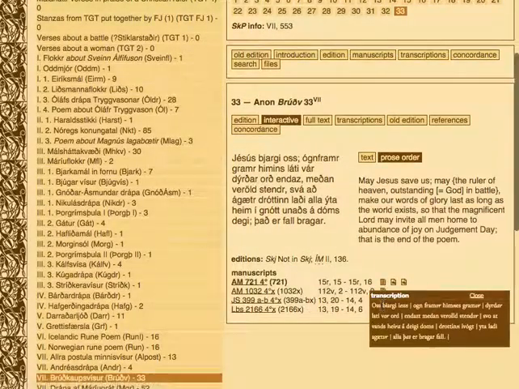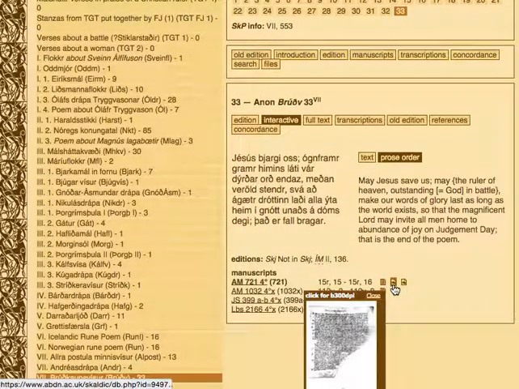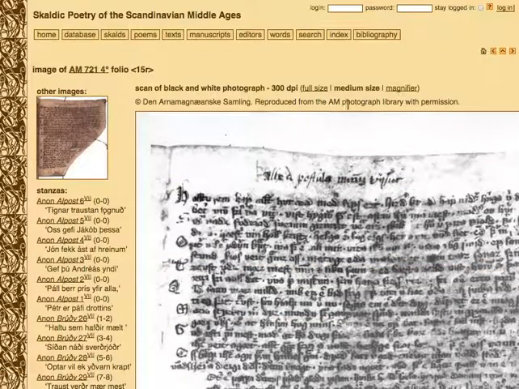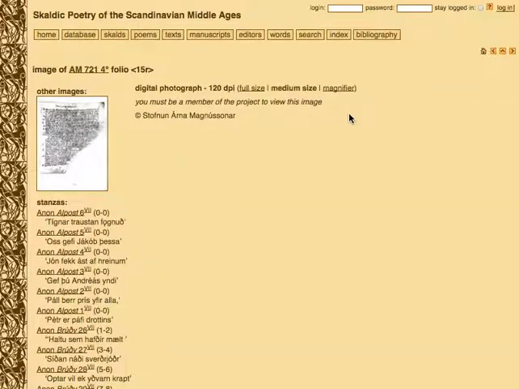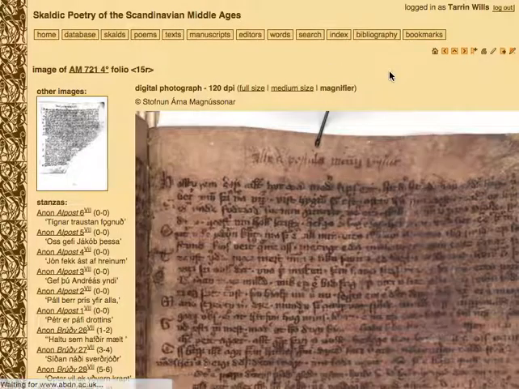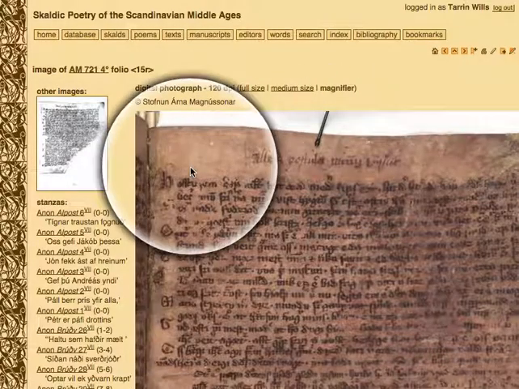There are transcriptions of manuscripts, and in most cases as well there are links to manuscript images, scans of the manuscript pages relevant, and in some cases digital images which are often only available to signed-in members. Signing in will give you access to not only edit the information but also other types of information that aren't otherwise available, such as this kind of